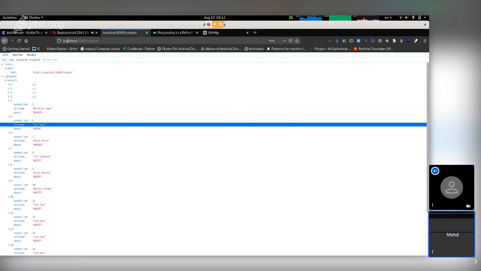It is this URL, right? Yes, localhost colon 8080 slash contact. This localhost and colon 8080 is just the name of the server, okay? The name and port of the server that we connect to. But in order for our application to be able to connect to the server, we need to